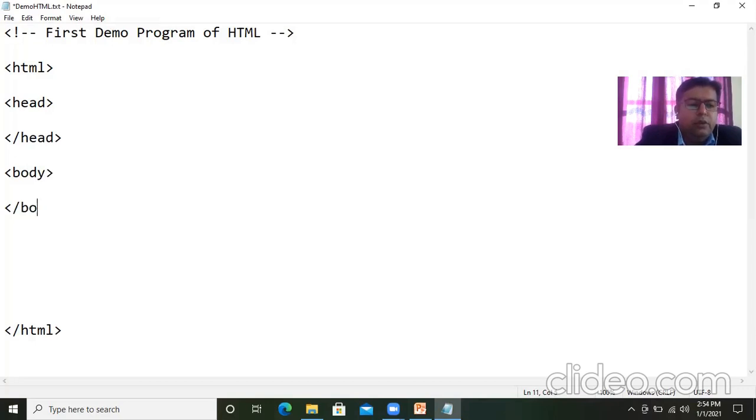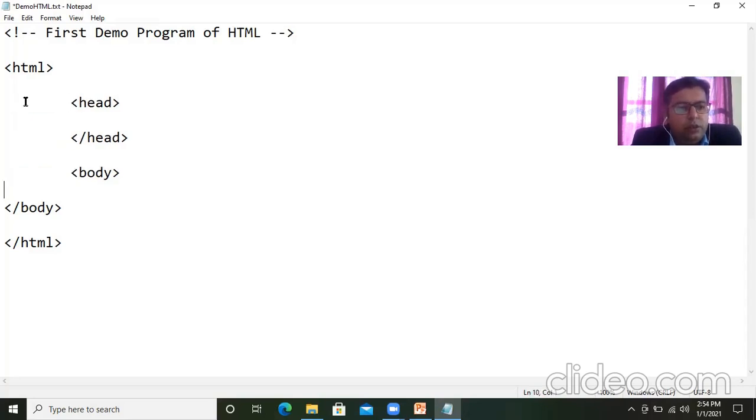These are the two important tags, or we can say major parts, in HTML. Now we are doing the first program. So make a habit like this of programming, so it will be very easy once you have started. Give head over here, similarly body over here, and this is the end of the HTML.